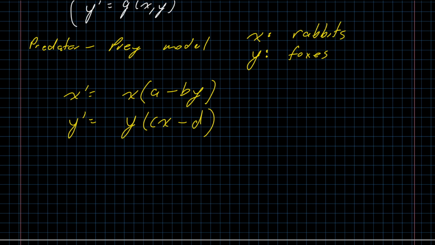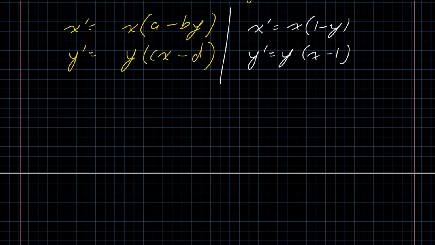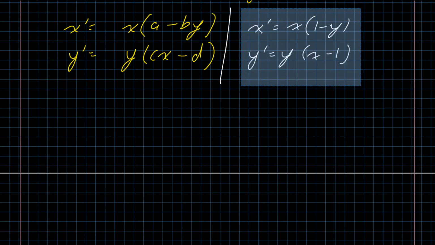All right, I don't know what these constants a, b, c, and d are. I am not an ecologist, so I don't even care what these constants are. Let's just make our lives really easy and set them all equal to 1. That really makes things easy on ourselves. And now from there, we want to do the same sort of thing we were doing before. So let me take this